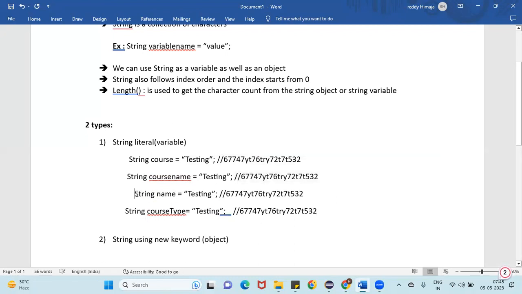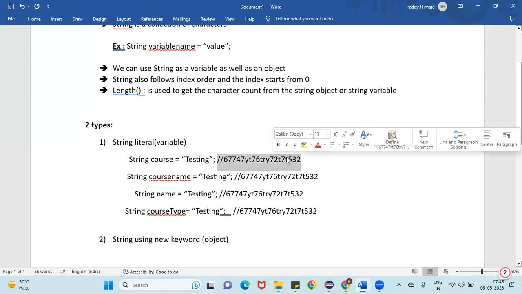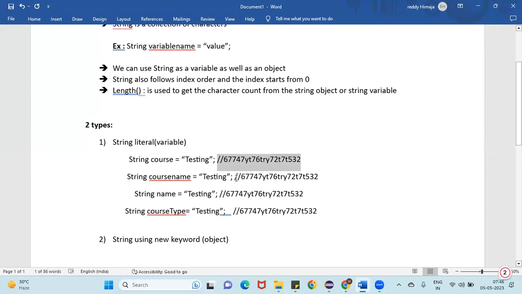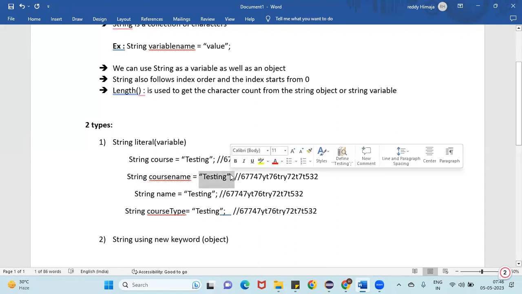In string literal, if we have more than one variable with the same value, the compiler will not create memory for each and every variable. It will create memory for the first variable, and it will provide the same memory reference to the remaining variables which have the same value,